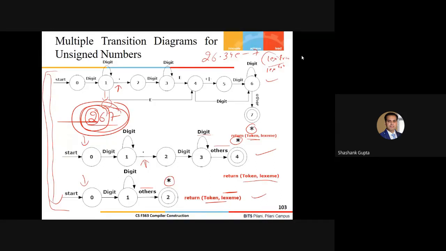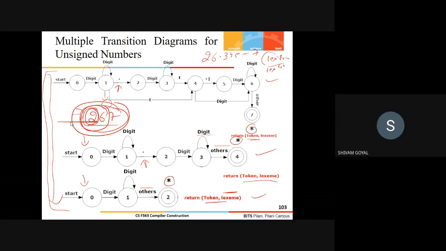So it varies. Otherwise, by default it is a lexical error because it has been tokenized in a wrong manner. Because I did not follow the principle of maximal match, it hasn't been tokenized properly. The wrong tokens have been passed to the syntax analyzer, and the syntax analyzer will say, come on, this is an error. This should be recognized by you, not by me. Fine. So it varies.